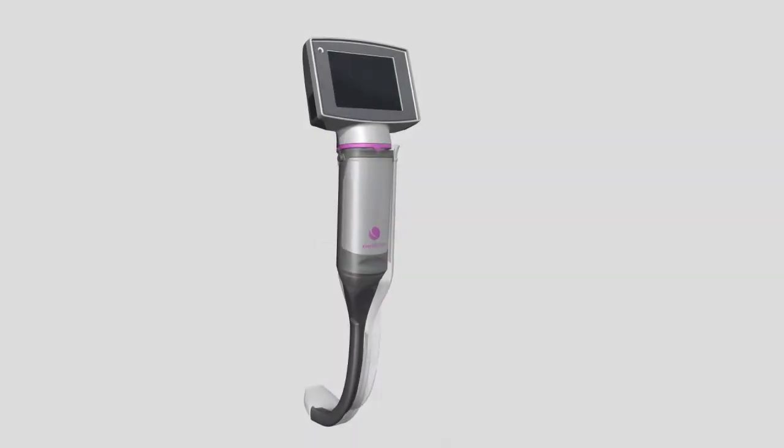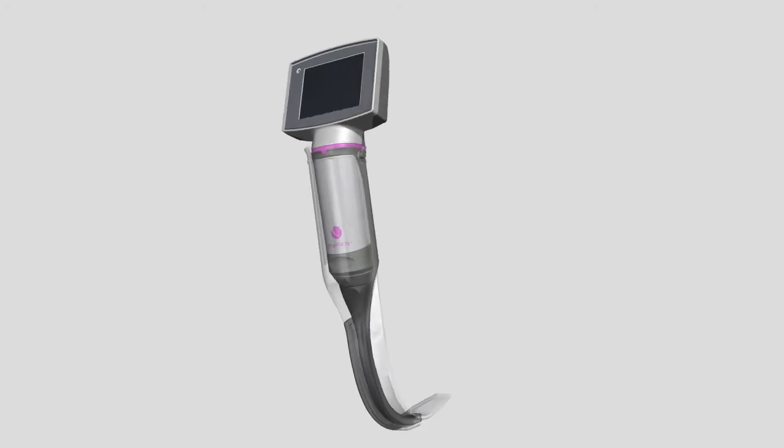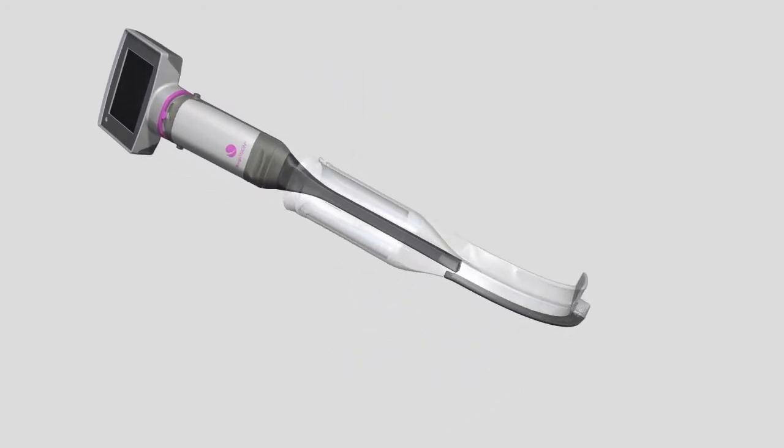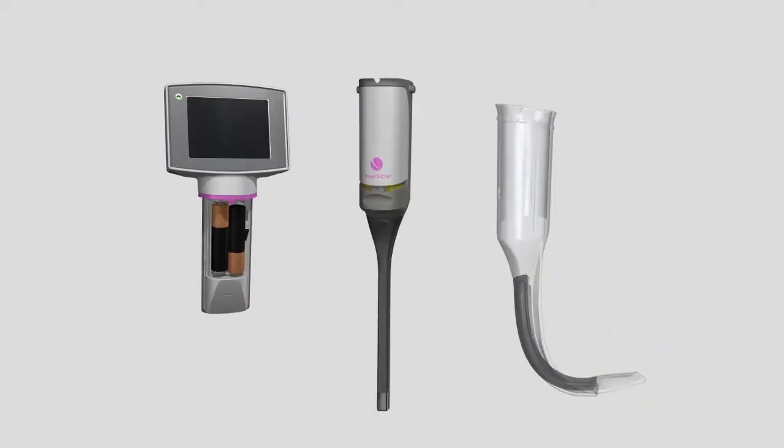The KingVision A-Blade Video Laryngoscope is a portable, battery-operated visualization system. It features an integrated reusable display, reusable video adapter, and a range of disposable blades for tracheal tube guidance. The system is designed to examine and visualize a patient's upper airway and aid in the placement of a tracheal